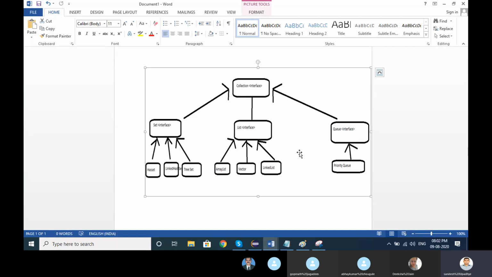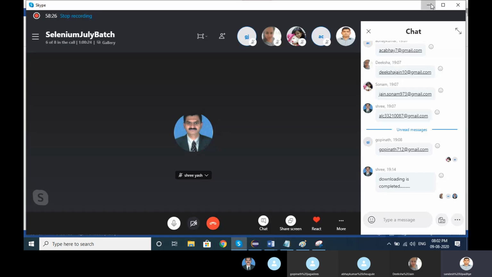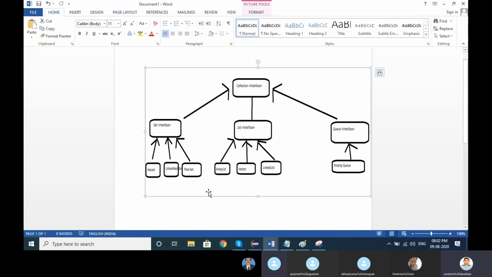Any queries, any questions? Diksha, Sonam, Sriyash, Gopi, Abhay, the List interface. Just keep in mind the main thumb rule: the List contains duplicate elements. When we go one by one, LinkedList is faster because it links one to another. ArrayList stores the elements in the array itself, and Vector was introduced earlier. Okay, List is an interface coming from Collection, and there are three classes: ArrayList, Vector and LinkedList. Now the main difference is coming here.